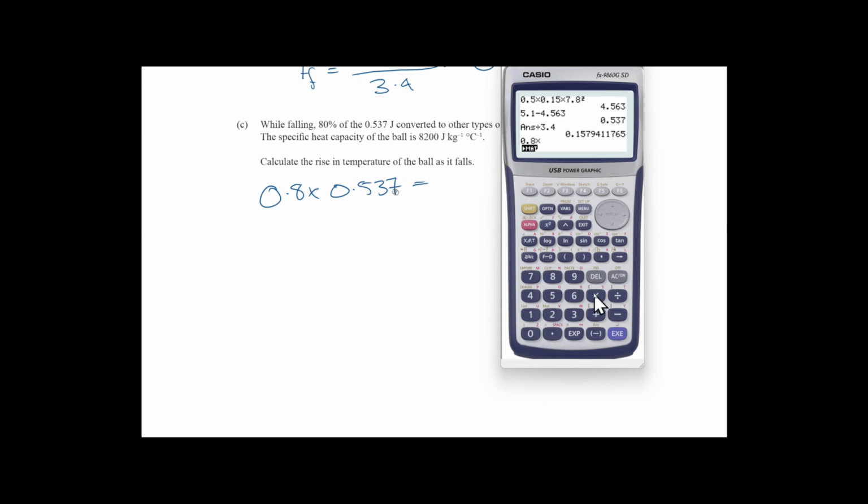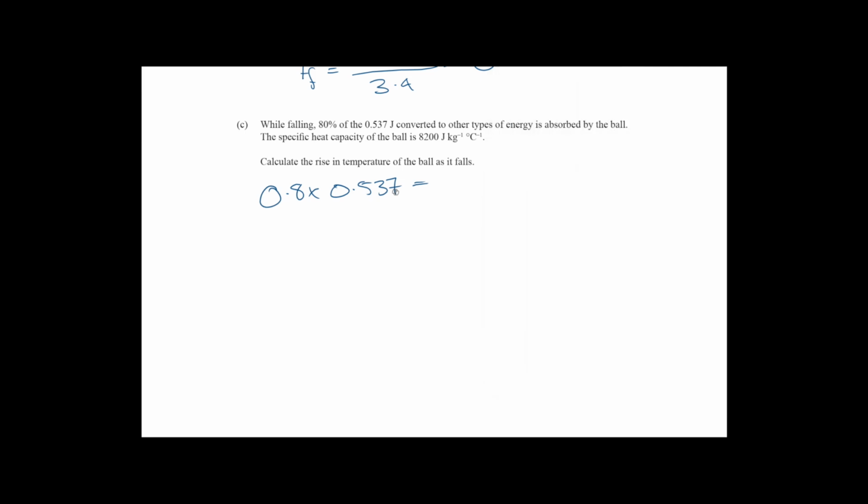8 times 0.537, 0.4296. Keep that 6 in there for now. And it's going to be joules. All right, so that's how much heat energy goes into the ball. And now we need some formula that links the change in temperature with the energy. And we know that because it's given to us, the change in energy